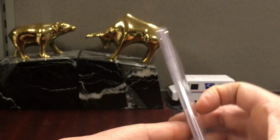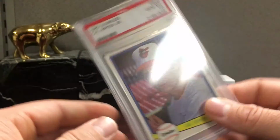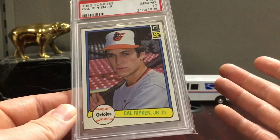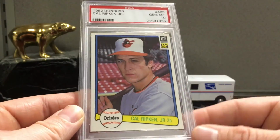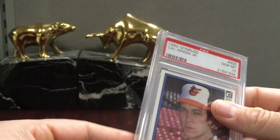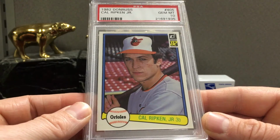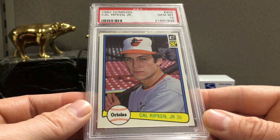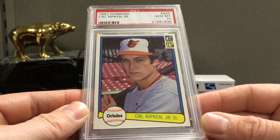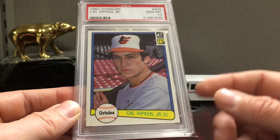And the last card is an 82 Donruss Cal 10. So 2 of these were pulled last week in the box break that I posted. And, I'm not being biased, but I think one of the ones I pulled looks just as nice as this. So I honestly think I have a chance at a 10. Maybe I'm just being positive, but when you look at enough cards, you just kind of have a feeling sometimes. A pack-pulled 10 of a card like this would be an awesome story. So there's the Cal. These run about 200 to 230. Great card though for that